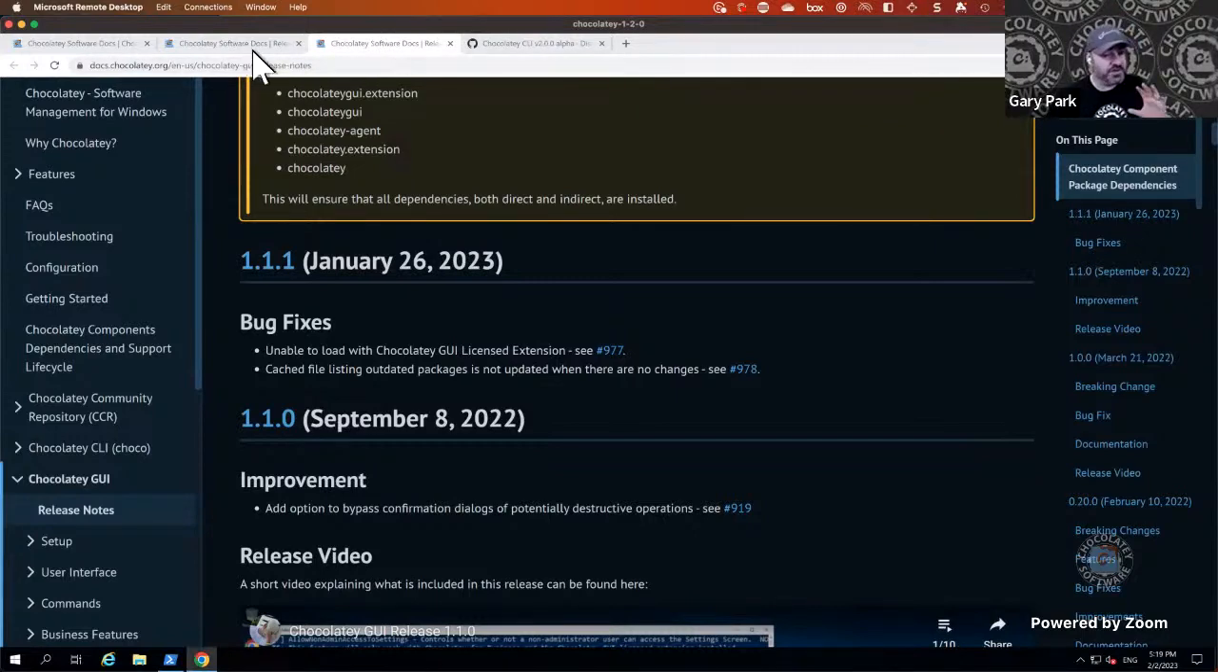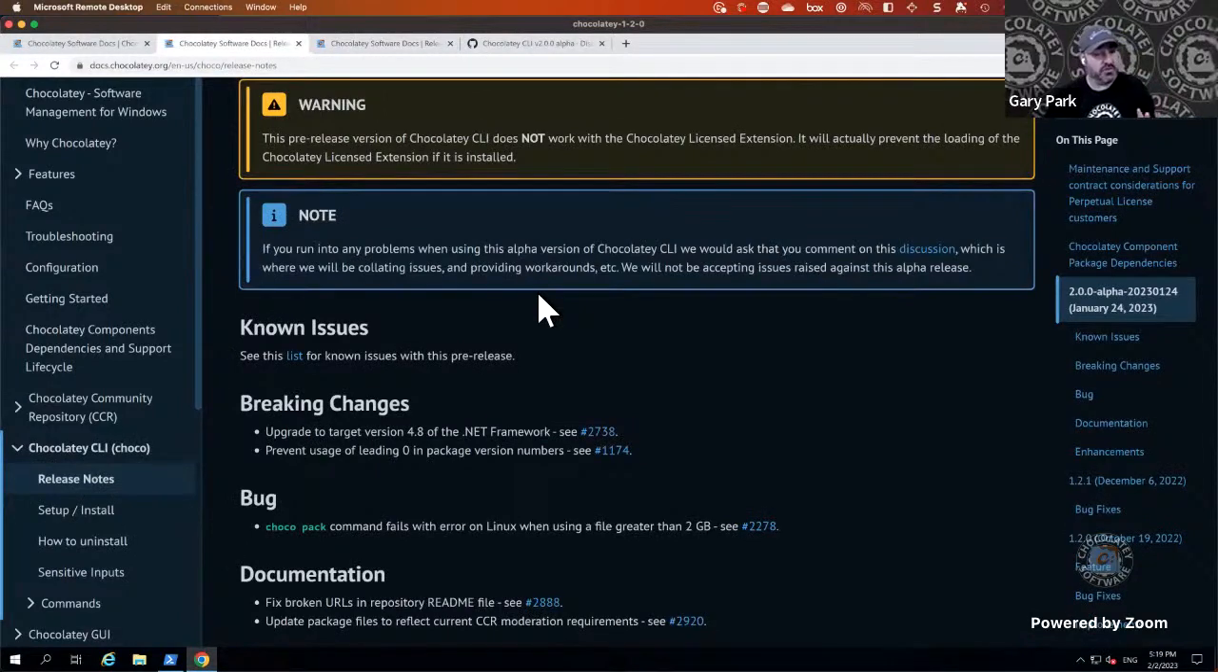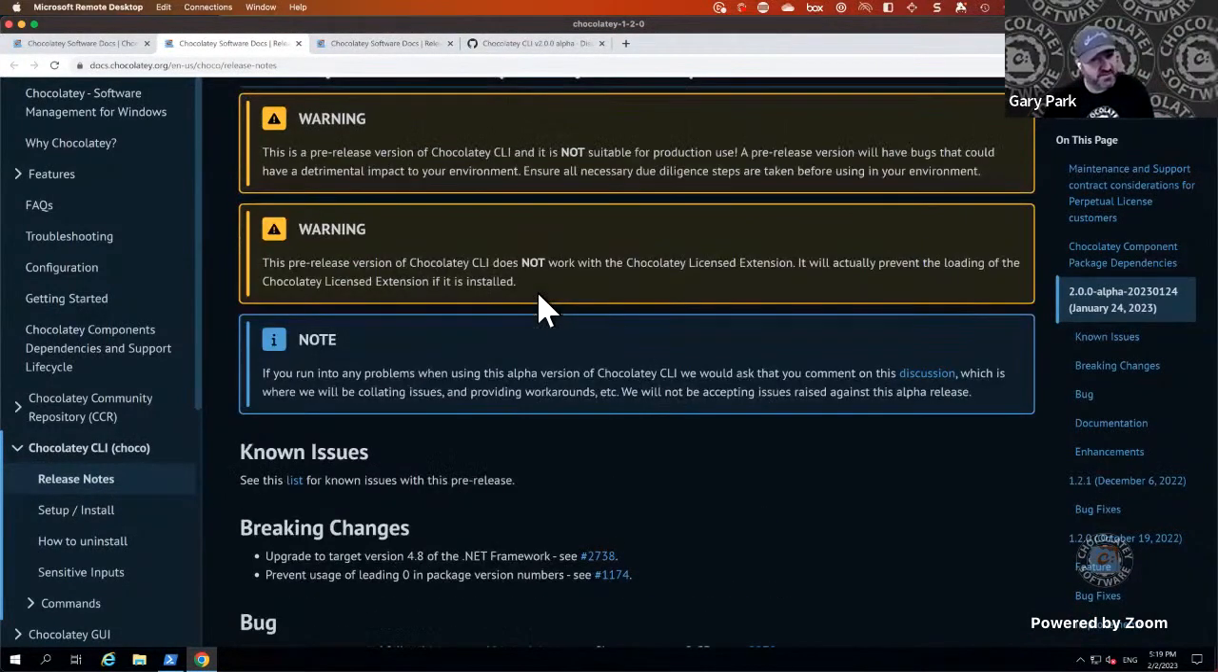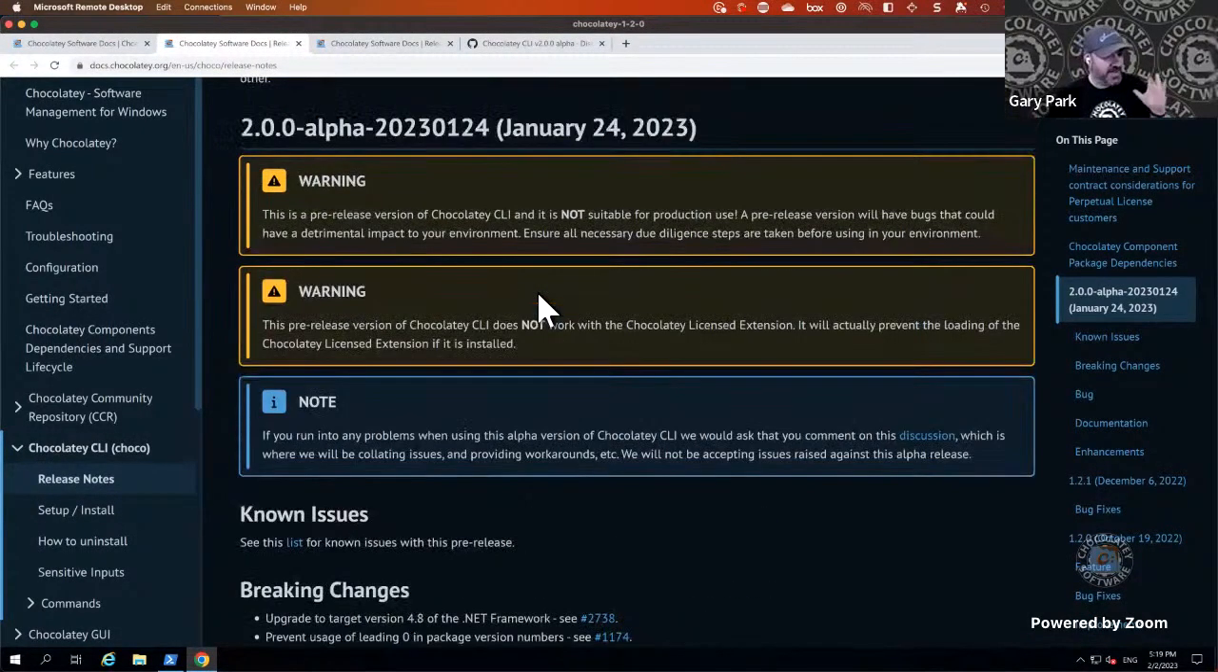What I'll do before we start jumping into showing a demo, I'll maybe just go through some of the release notes that we have here, including the big yellow warnings, just in case they're not clear. So if you are reading the release notes, the first one there is to just reiterate again what Paul has said. This is a pre-release version. It's not suitable for production use. There will be bugs, and you need to ensure that you've done any due diligence on your environment before you